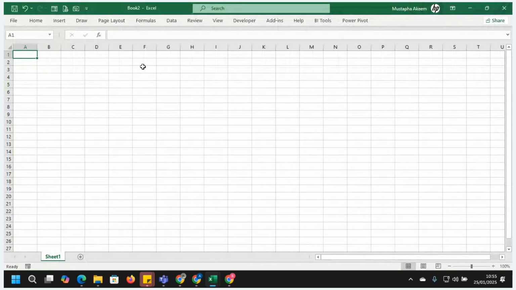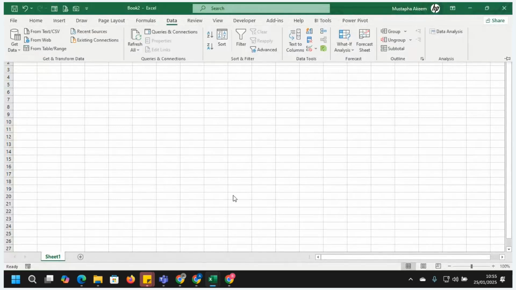To connect your data, simply click on Data. When you click on Data, you have this option, Get and Transform Data. This is a very good tool that most of us don't use nowadays. We don't know the value. We don't know that this is where the magic is done. This is where data cleaning happens.